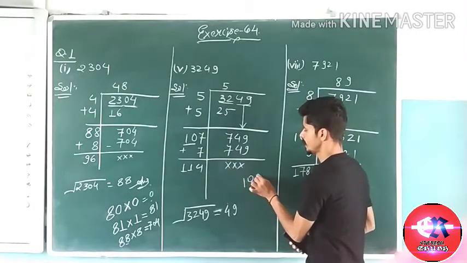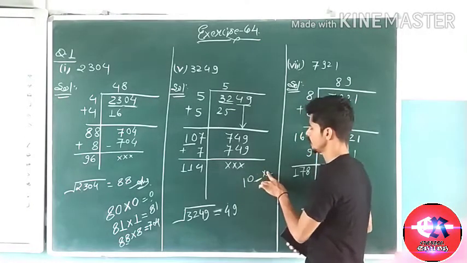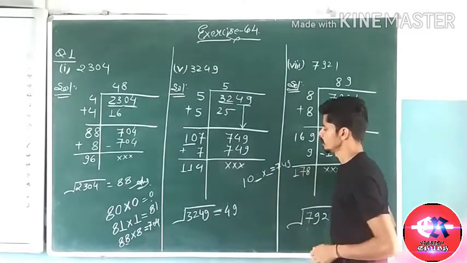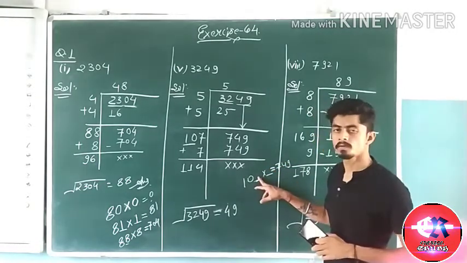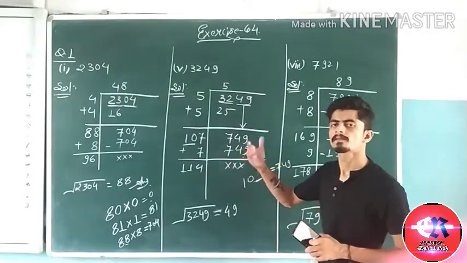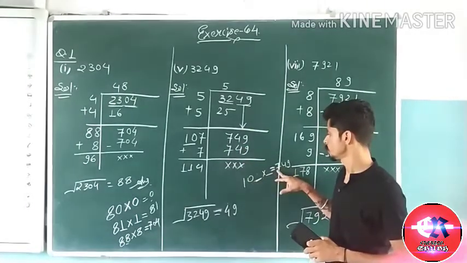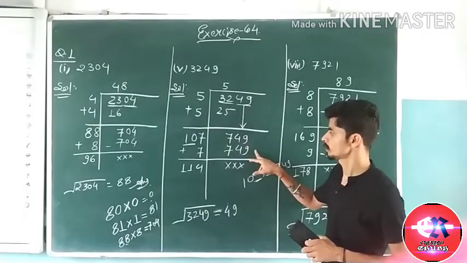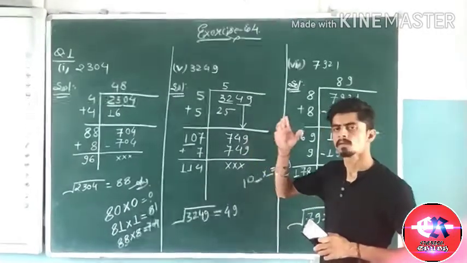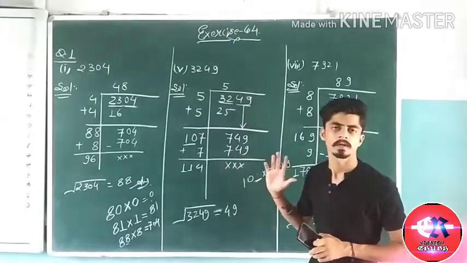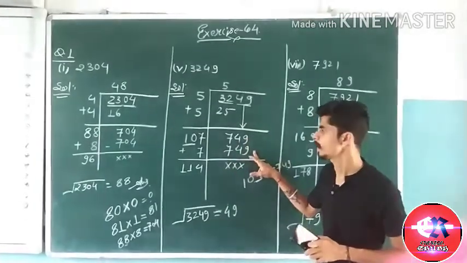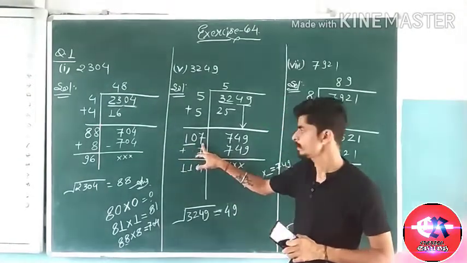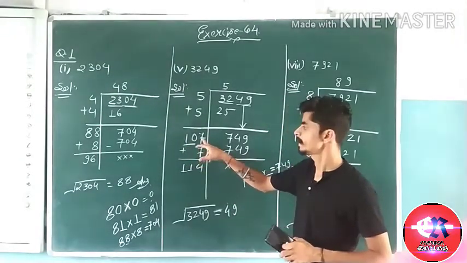After 10 we have to take a number. By that particular number it will be multiplied to get 749. So how do you find it? Just multiply 2, 3, 4, 5, 6 and so on till you get the number you want. We multiplied 1 to 6, but we do not get the number 749. When we put 7 here, 10 will become 107. So 107 will be multiplied with 7.